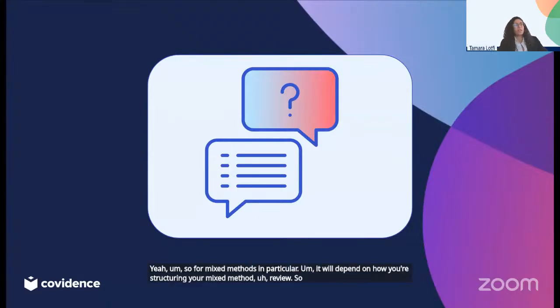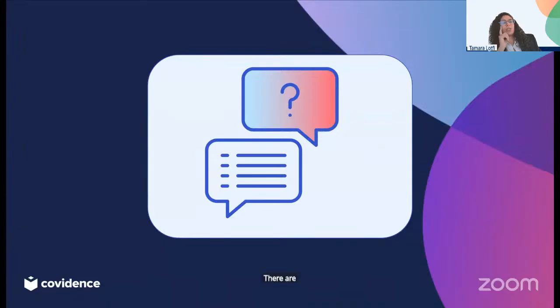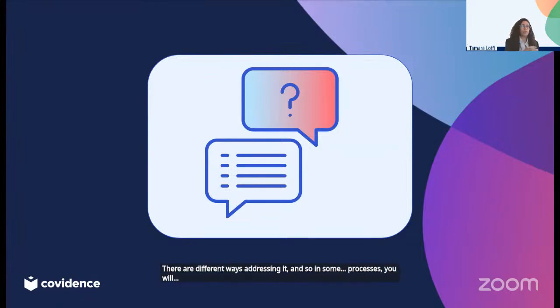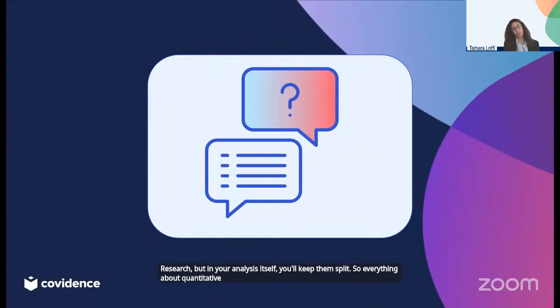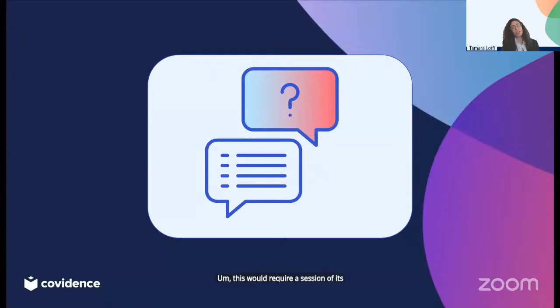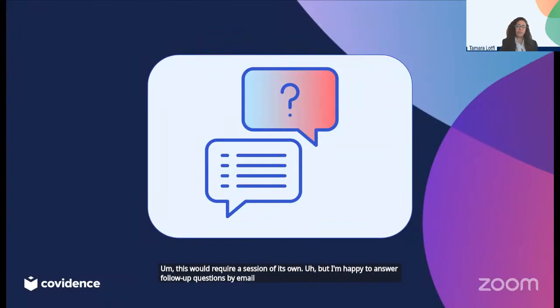There are different ways of addressing it. In some processes, you will include both quantitative and qualitative research, but in your analysis itself, you'll keep them split. So everything about quantitative together, everything about qualitative together. There are other ways to approach this. This would require a session of its own, but I'm happy to answer follow-up questions by email if anyone's interested.